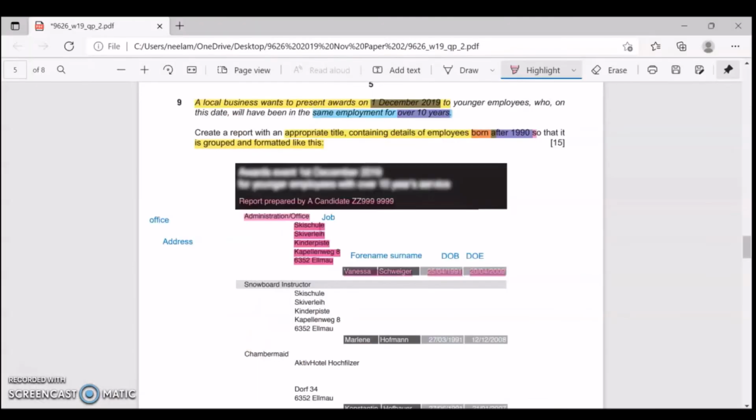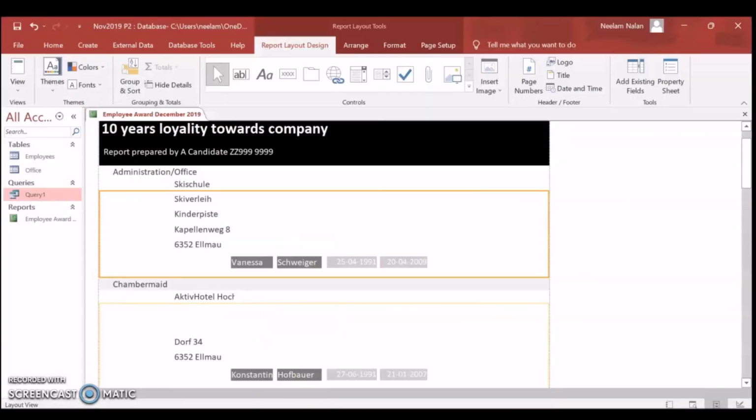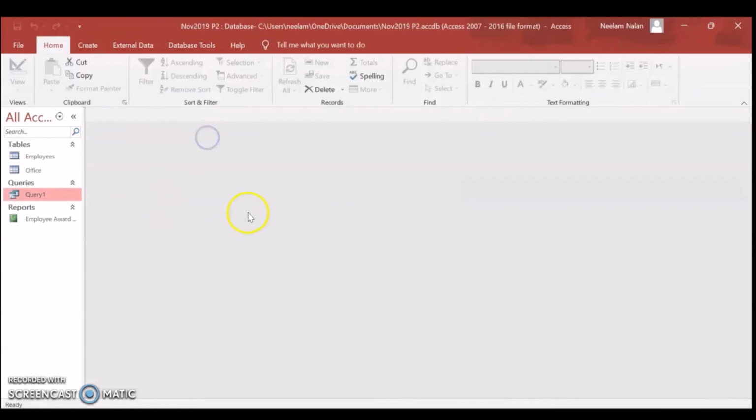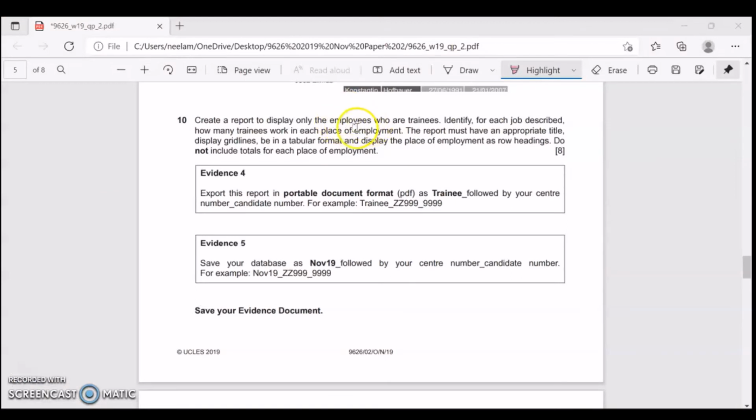Our report is prepared. Let's start with the next step. Create a report to display only the employees who are trainees. Identify for each job described how many trainees work in each place of employment.